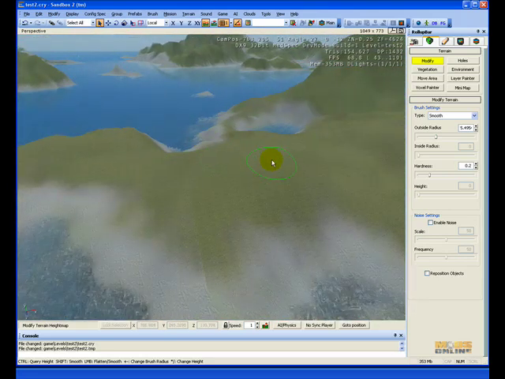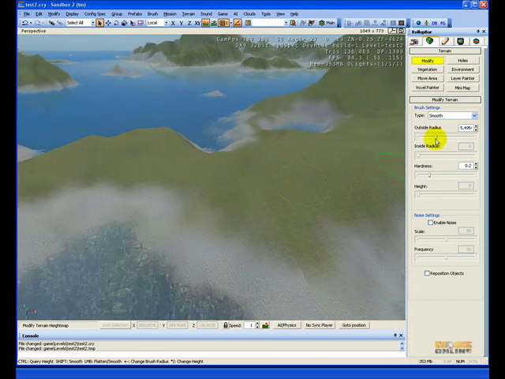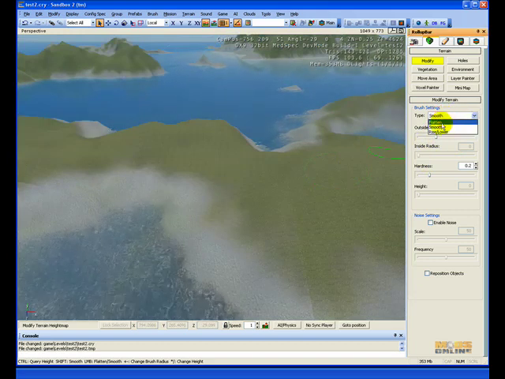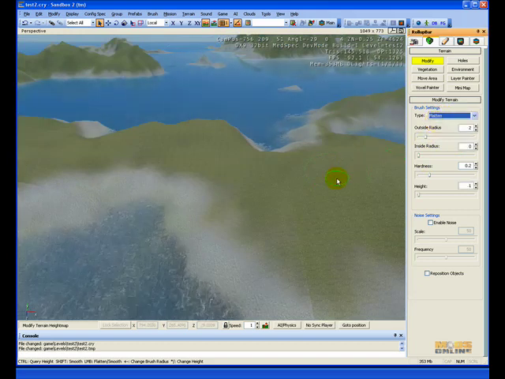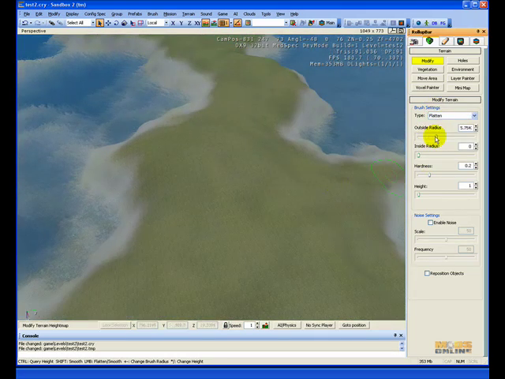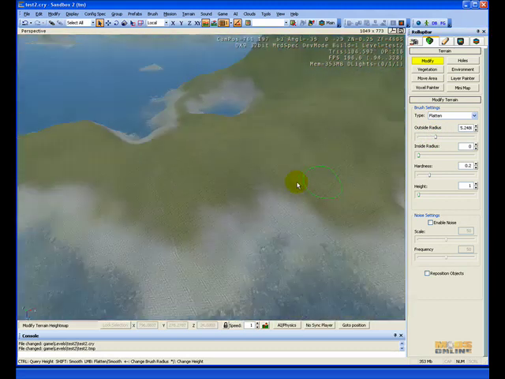Of course, you can try and do some things. We don't have ATVs. We're pretending we're working with trucks here. We need to flatten things out. Let's go to brush settings and let's go to flatten. Don't just start pressing flatten. No. Let's raise our radius up a bit. There we go. And what we want to do